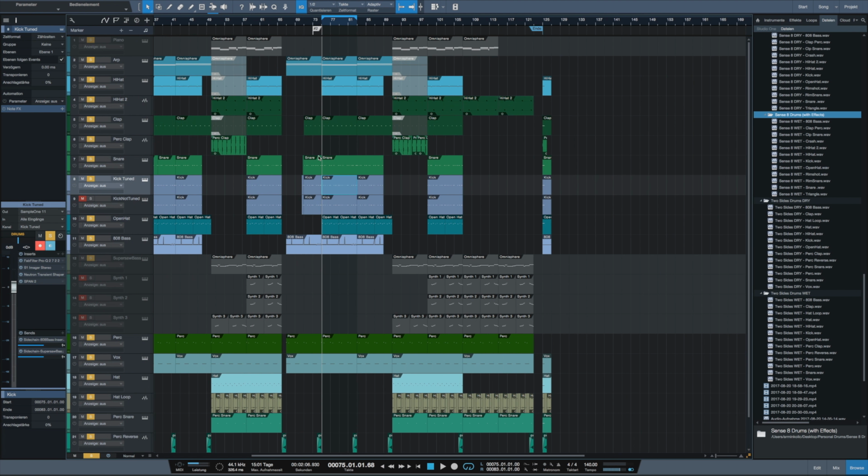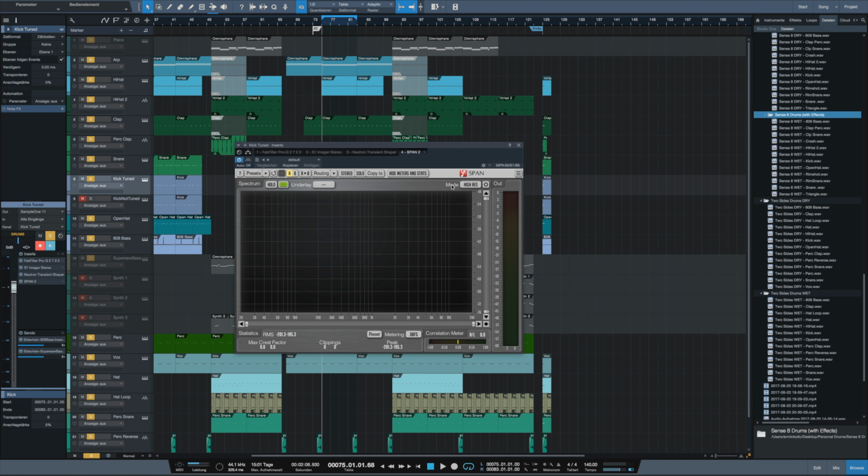So when I open it up, this is what it looks like. The first thing you have to do when you open it up is go to mode and change it from default to high resolution. This way you can get a much better overview of what's going on with your drum sound. So when I press a note, like for example, a higher pitch C note, I press the hold button, and when I now hover over the highest peak in the lower frequency range, I should get an A sharp, and this is where my fundamental frequency is.